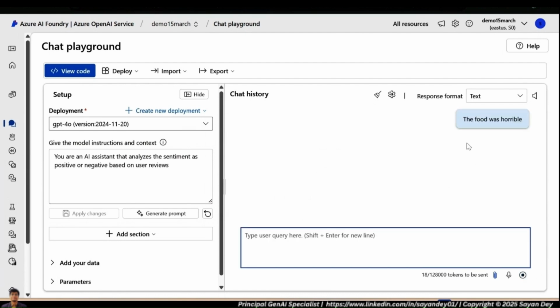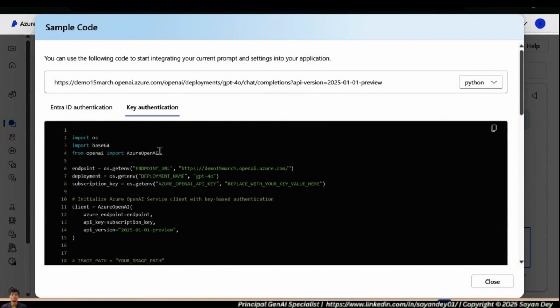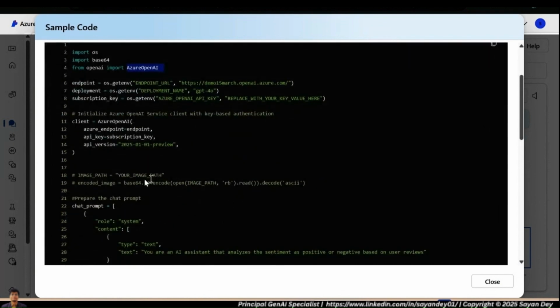The only difference is that here you will see the code. Look at the view code. The only difference is when you make the API call, you are not calling OpenAI, you're calling Azure OpenAI. And obviously in a big way, I see a lot of customers who are already in the Azure infrastructure. They are comfortable using this. Although you're still sending your data over the network, you're still calling the Azure OpenAI API.